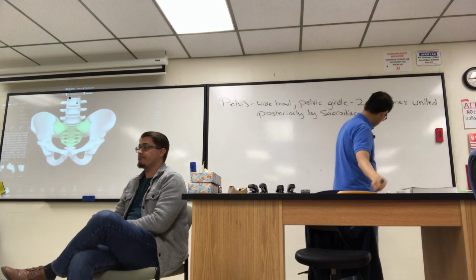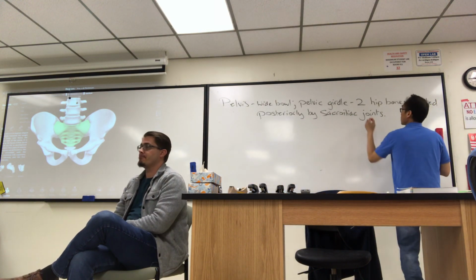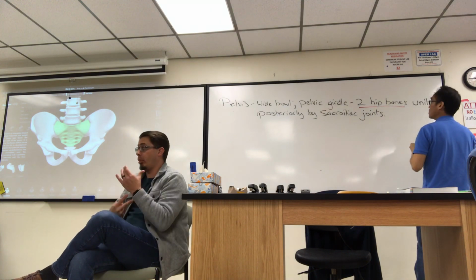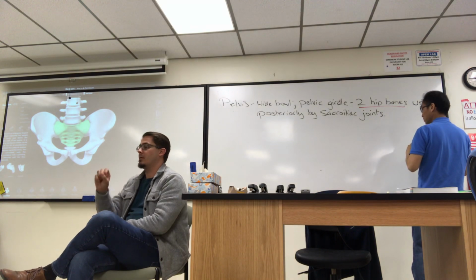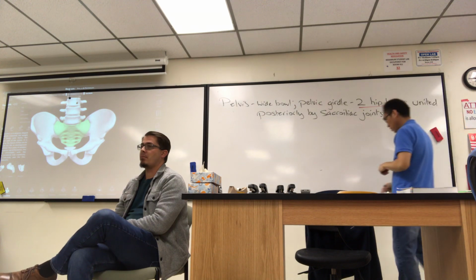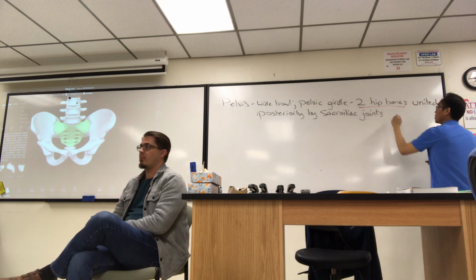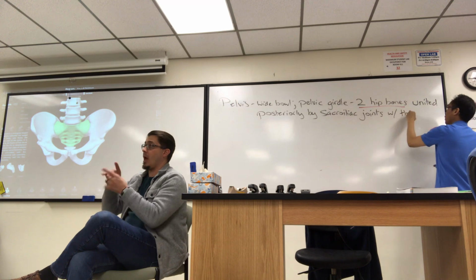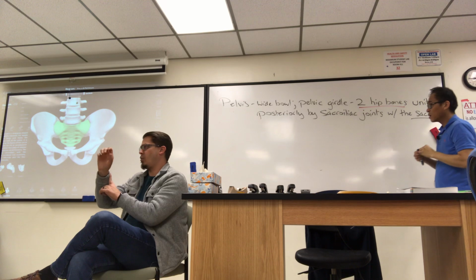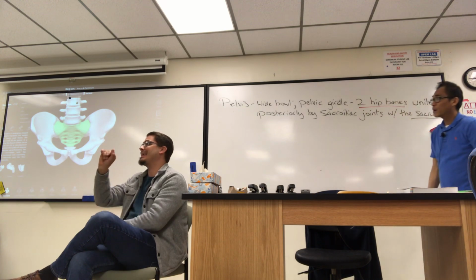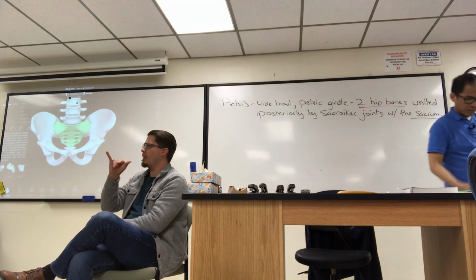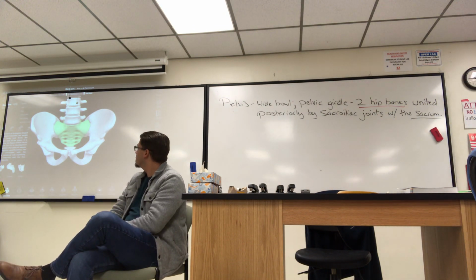So pelvis, 2 hip bones. Let me add on sacrum here. United posteriorly by 2 sacroiliac joints with the sacrum. So the pelvis, there's some anatomy there we'd like students to know. For example,